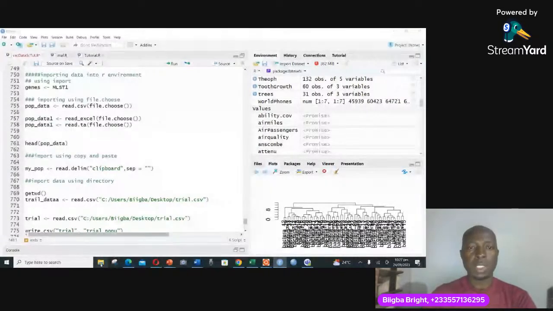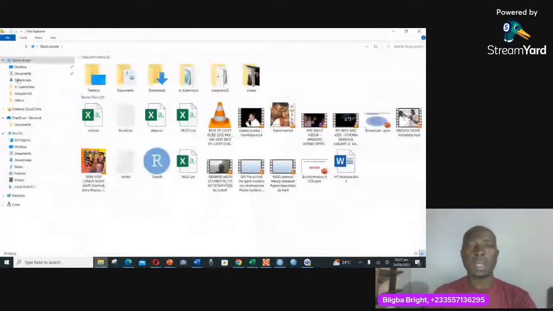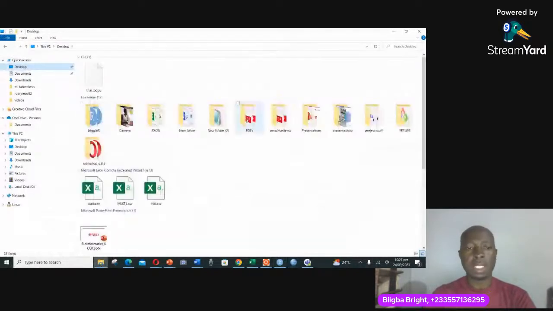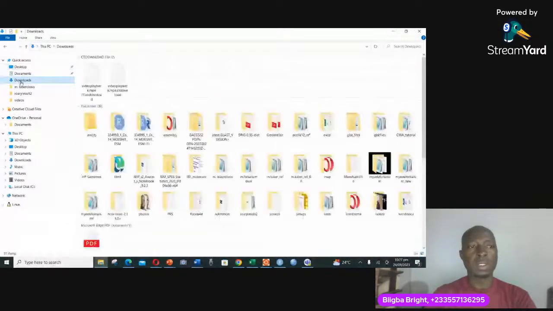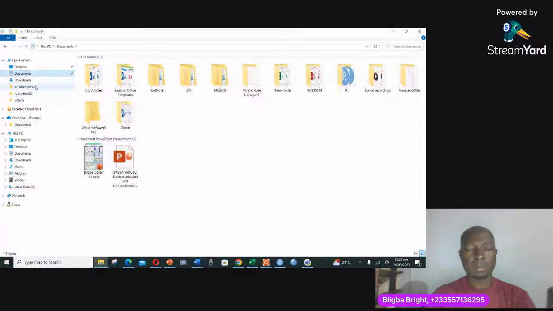I'm going to my computer, and I have my desktop here. I have a data set which is seated on my desktop. Then I have my downloads, my documents, and the other folders. Now these folders are called directories. They are just like a directory where files are kept, so you just follow a path to get to that particular place. Just like when something is seated somewhere, you need to know the route to that place. So these are the files that I have. How do I get these files into our environment is what I'm going to do here. The first one is